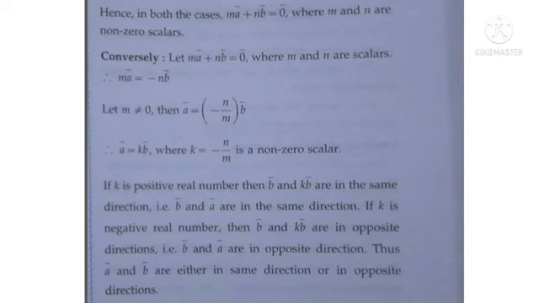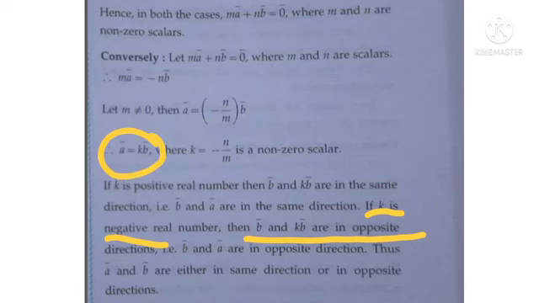If k is a negative number, then b bar and k b bar are in opposite directions. So in both cases, we prove that a bar is equal to k b bar. So one vector can be expressed as a scalar multiple of another vector, which means they are in the same direction or opposite direction, maybe. Okay, but one vector is a scalar multiple of another vector, so this implies that a bar and b bar are